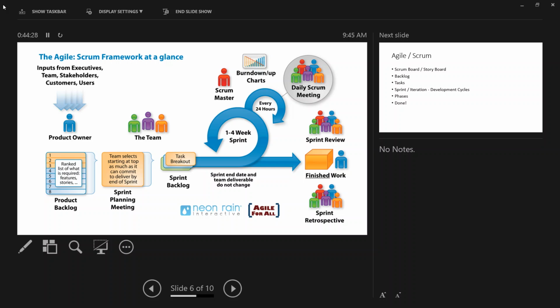Let's see what other things there are. Here, the burndown chart is something the PMs can use: how many stories we have remaining and how many we have already worked on. By the way, there is no project manager terminology in Agile. It is called Scrum Master, who does similar work to a PM. Everybody else is part of the team. QA, BA, everybody is part of the team, like a Scrum team or development team.